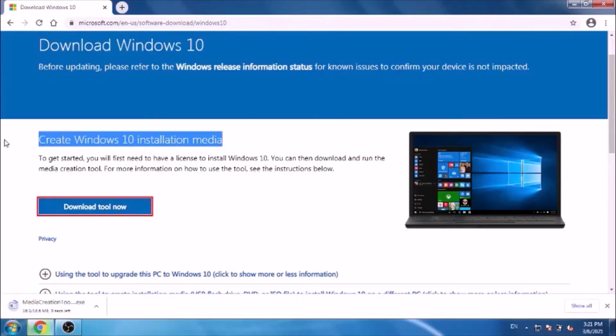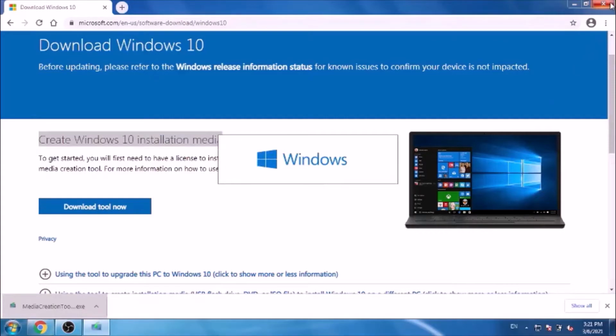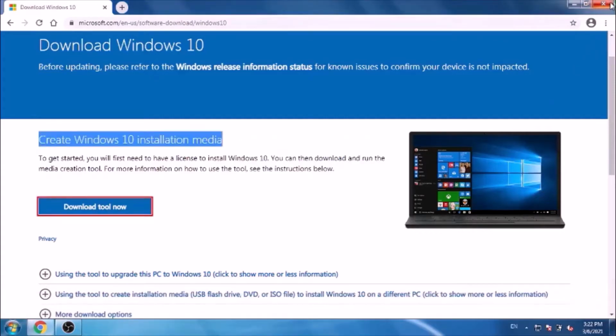Now it has started downloading, and once finished, just click and open that one to run the media creation tool, and it's now starting.